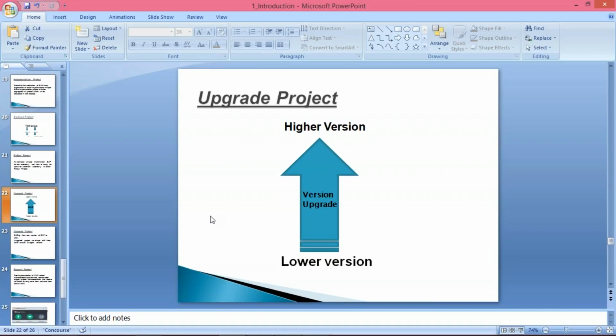In the same way, SAP is also keep on adding new functionality. So the version is going to change every certain time, like every year or every two years or three years, some major changes they are going to bring, so the version will change. Now let's suppose in Tata Motors we implemented this SAP 10 years back. So 10 years back means in 2008, and right now we are in 2018.